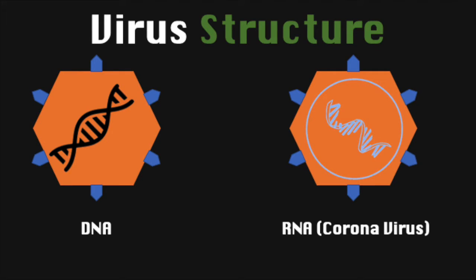They don't have cells, they don't have organelles, aren't nearly as complex as the cells that you and I have. They're just boxes with DNA inside of them. Not all viruses have DNA inside of them. Some viruses, such as the coronavirus that we're dealing with right now, actually have RNA inside of their protein coat instead of DNA. So if viruses aren't living, how are they able to replicate?